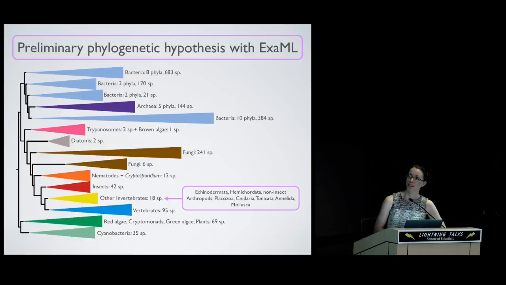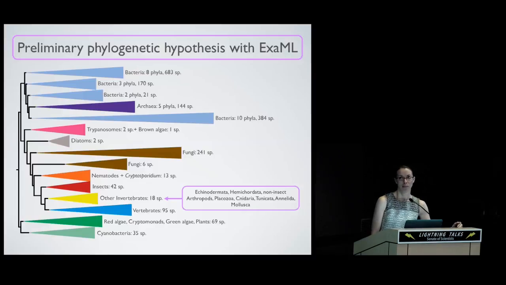There were a few protists that I had to remove that were draft genomes. An interesting thing about draft genomes is they often have bacteria in them. They have whole contigs, and in many cases that was the only thing that matched. So I threw those genomes out. I could go back and, in a fine-tuned way, clean up those genomes, but I think maybe that's for those genome projects to work on as well. Diatoms, again, don't group with cyanobacteria or plants. And the non-insect invertebrate clade has a lot of singleton taxa in there, and the non-insect arthropods are grouping in there as well. But I had to remove a lot of those.